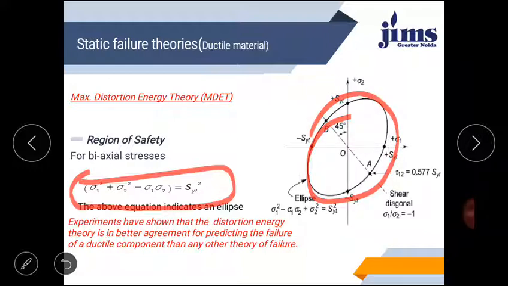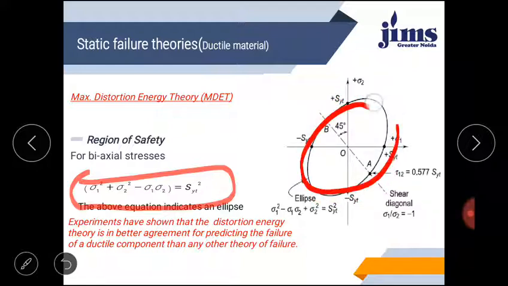of sigma 1 sigma 2 will be safe at any point in this region, but beyond this line or boundary of the ellipse, if the combination goes out from this boundary of the ellipse, then your component will fail. So this is the prediction, and when you compare with the previous one, you will see it is more aggressive than the maximum shear stress theory, and it predicts better and more precisely than the maximum shear stress